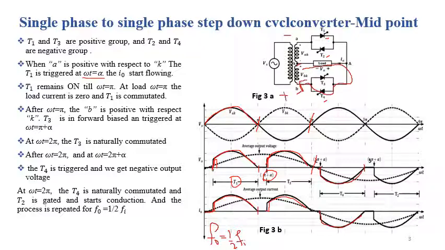this polarity at the input side. Now point B is more positive with respect to points K and A, and point K is more positive with respect to point A only. So at omega t equal to 3 pi plus alpha, we trigger SCR T2, and the current through the load flows in this manner, and we are getting the output voltage like this and the output current like this. T2 will conduct from 3 pi plus alpha to 4 pi, and after 4 pi the third cycle of the input signal starts,